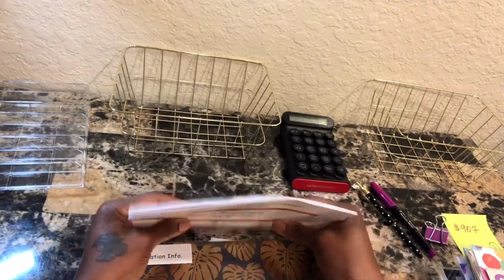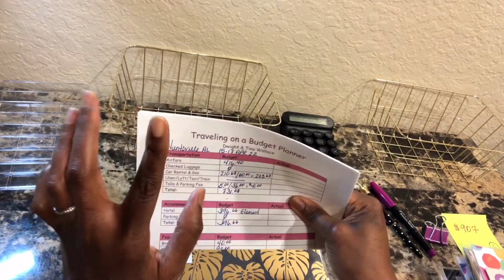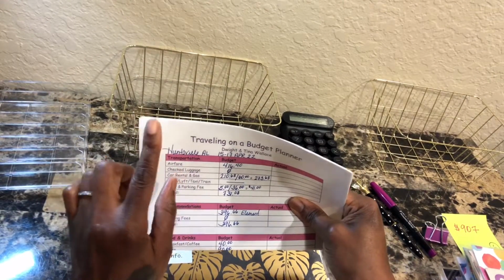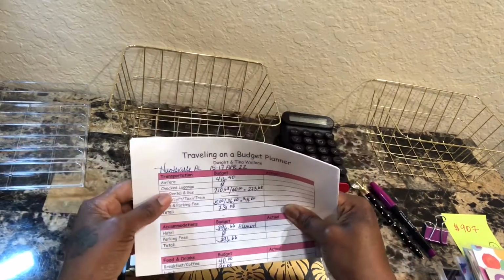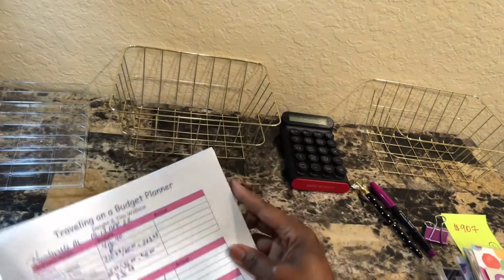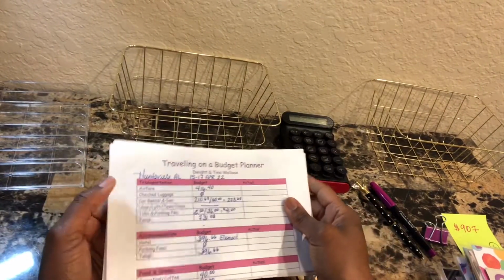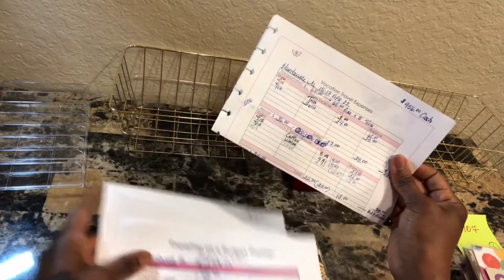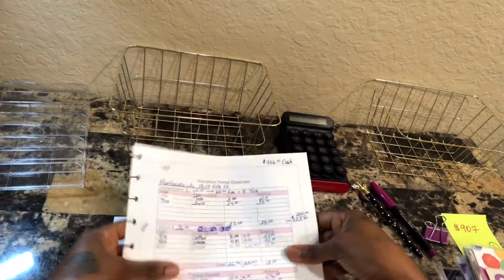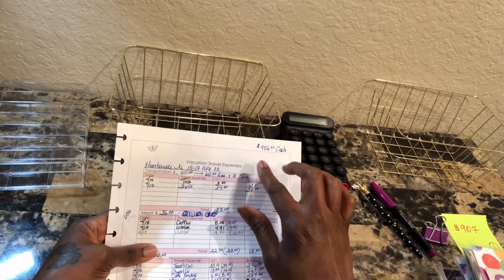So before I go over our budget, do you think we stuck with our budget? Let me know in the comment section. So we were only there from the 15th to the 17th of April. And like I said, we had a budget of